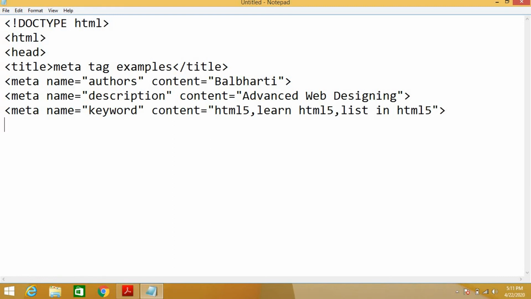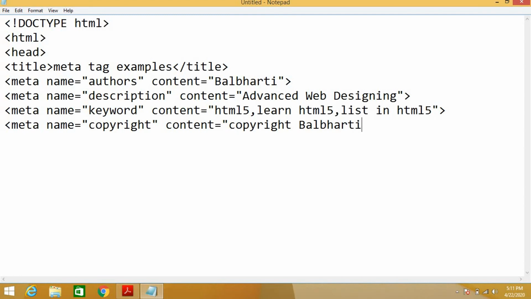One more tag we will use: meta name equal to copyright, and then content equal to copyright Bal Bharti.